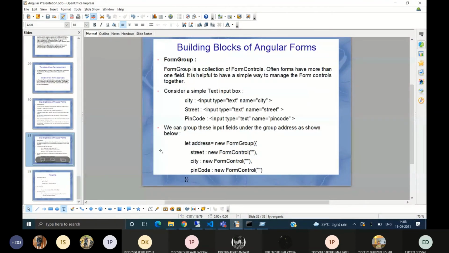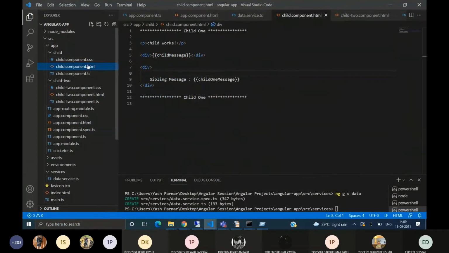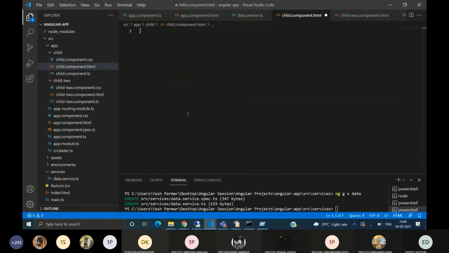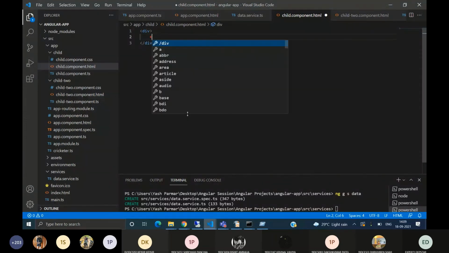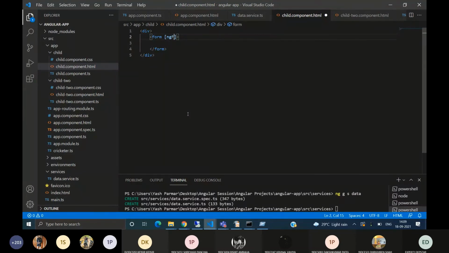Let us create a new form. For reactive forms we have to give it like this, ng, at the submit event.